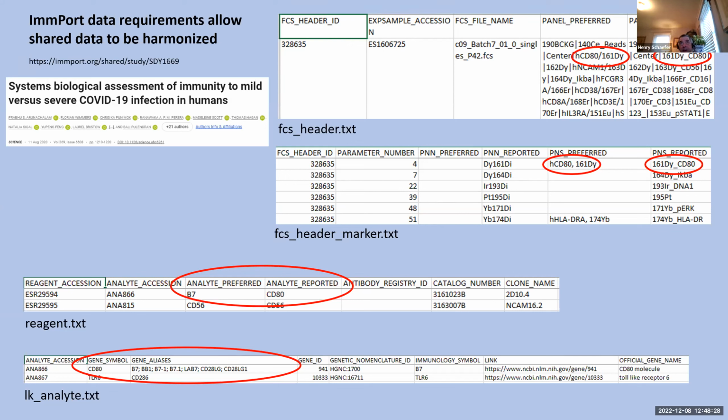And you can see these are the files that are actually available right now on ImmPort. These are shared data, and you can see we can harmonize that data so that when we share it, hopefully this makes the data more usable and more friendly. And then at the bottom we can do the same with